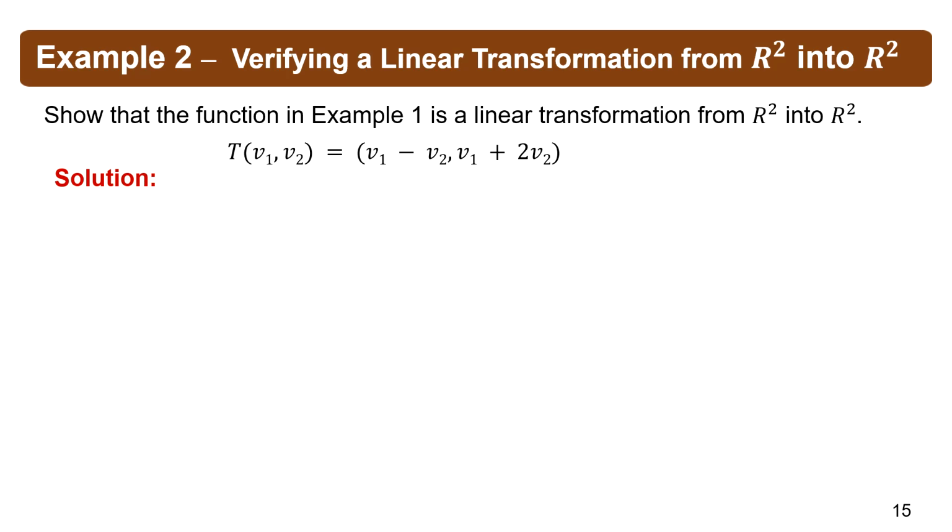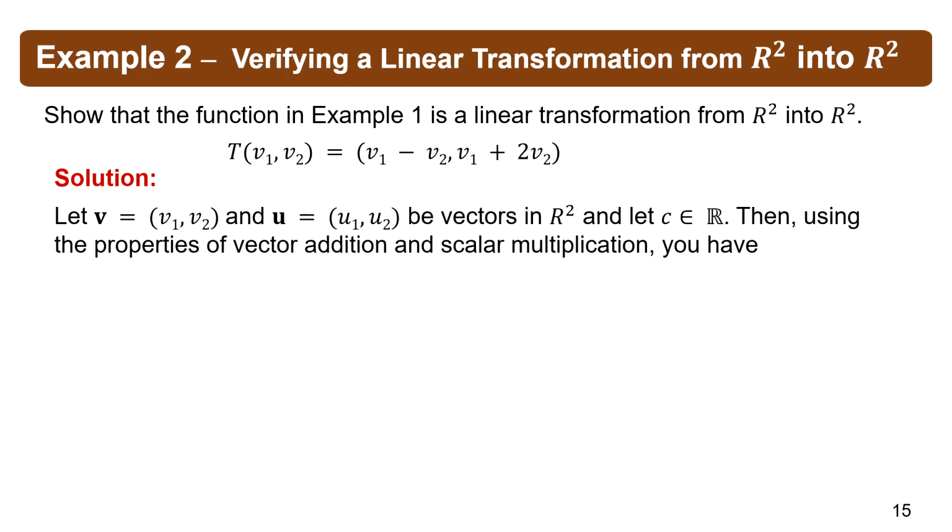Okay, so first we need two vectors, of course. So for us to show the addition, we should be needing another vector. So the one given here is already v, no? So let us introduce another vector, which is u, so that when we add, we have two vectors already. And let these two vectors be in R2, meaning they both have the same number of components, which is 2. And let's use a scalar c.